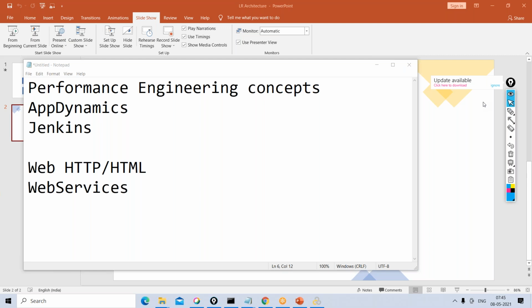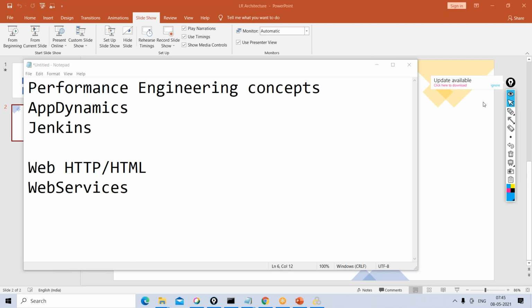And LoadRunner is licensed. LoadRunner has continuous support from the Micro Focus team, and it has more security, and that's the reason. These major banking and financial institutions prefer LoadRunner over JMeter. JMeter is open source, free to use. LoadRunner is a standard product and it's a licensed one.